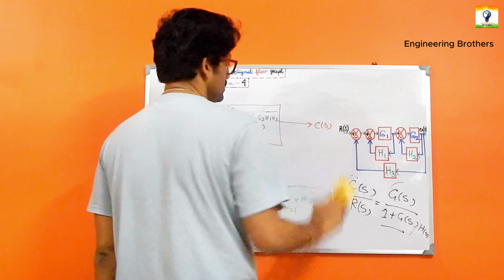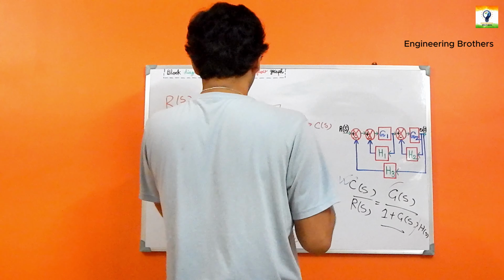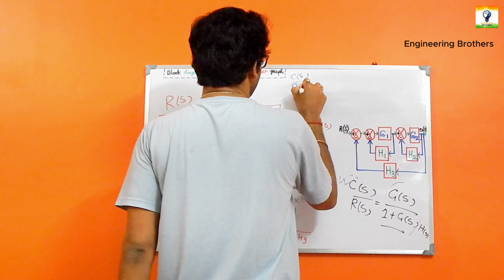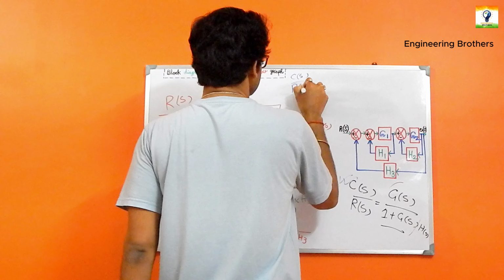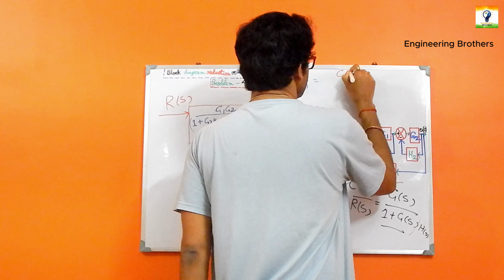So let us note down our answer here, which is naturally C(s) divided by R(s), and the final answer from our block diagram reduction will be this one, which is